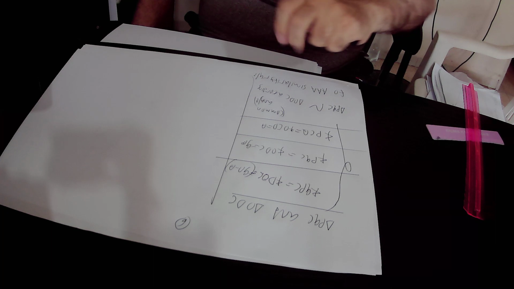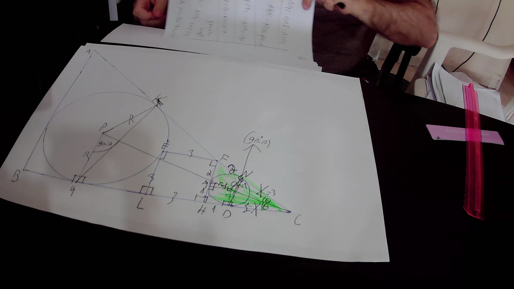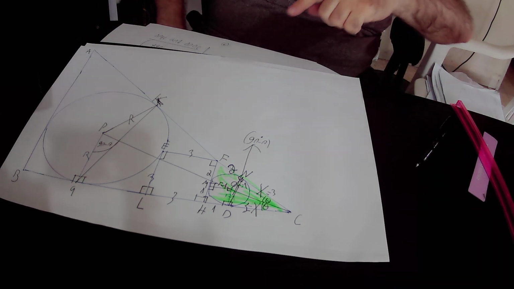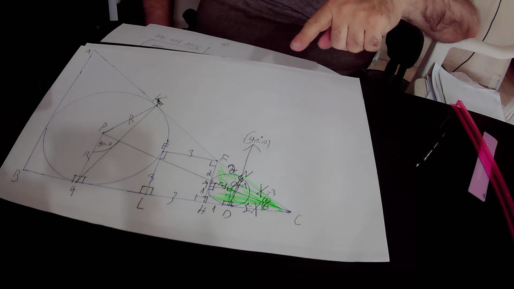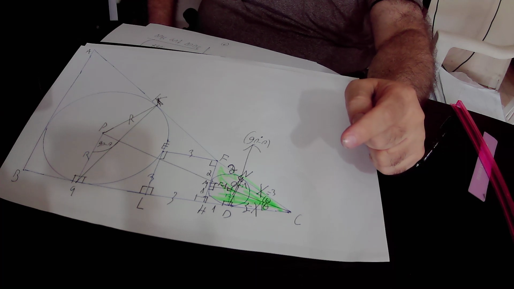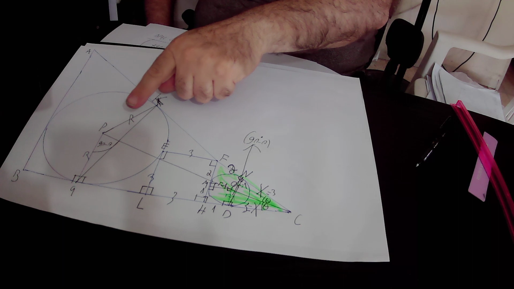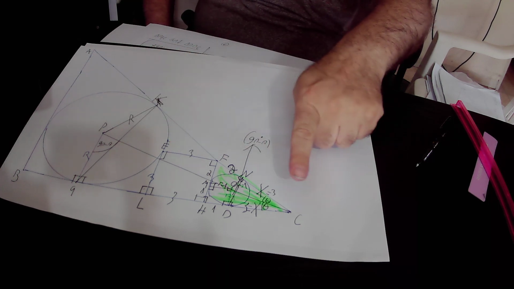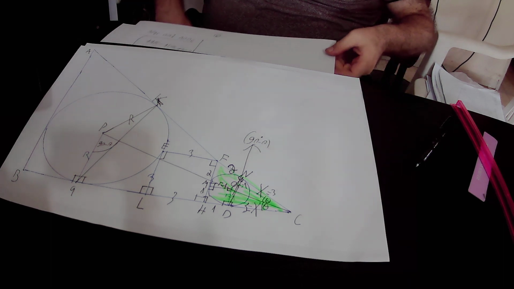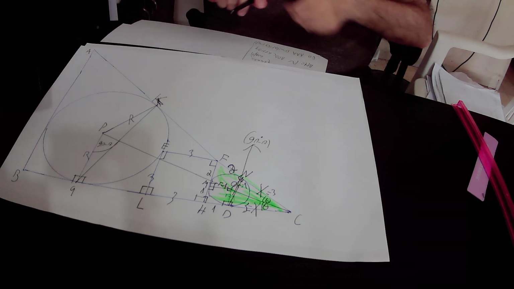And from the fact that the two right triangles are similar to each other, we conclude that the following relationship exists between their sides. We conclude that PQ in the big right triangle over OD in the small green right triangle is equal to QC in the big right triangle over DC. So I write it down. We conclude